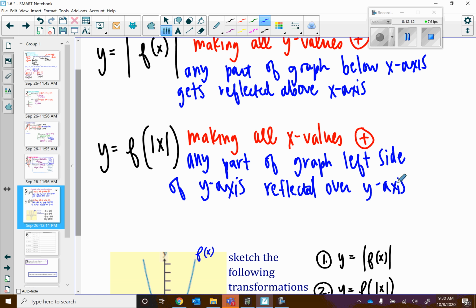Again, if you think about it logically, if I have a negative x value on the left side of the y-axis and I'm making that positive, it's going to be reflected over. We will do a couple examples when we are all together in class,